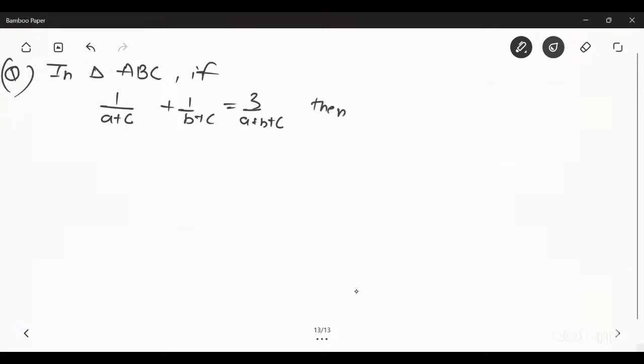Next is your previous year question. In triangle ABC, if 1 upon a plus c plus 1 upon b plus c is equal to 3 upon a plus b plus c, then show that C is equal to 60 degrees. Now the solution of that question was,